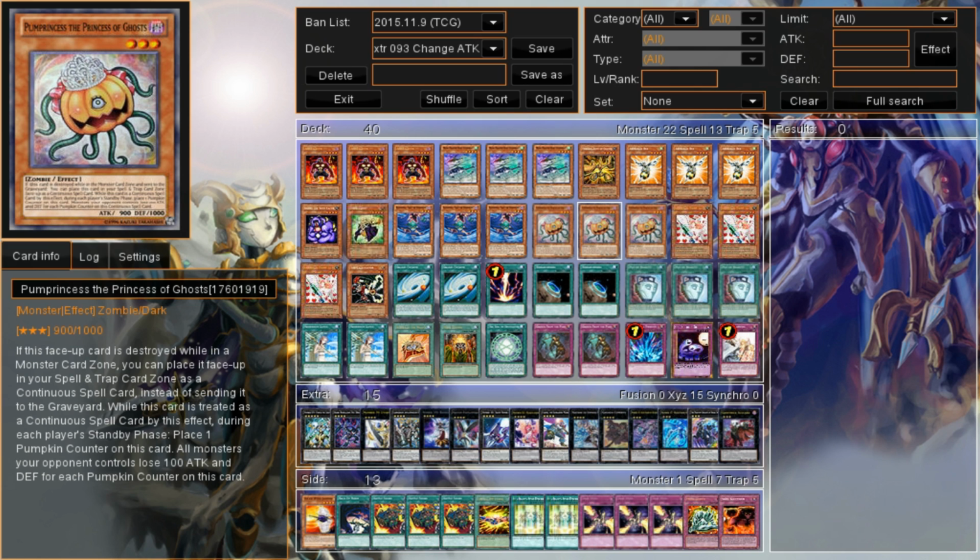This card's great. During every standby phase after she's got destroyed and got put into your spell and trap card zone as a continuous spell card, your opponent's monsters lose 100 attack. So, as soon as it gets destroyed during your standby phase, she gets a counter. During your opponent's standby phase, she gains a counter. The cool thing is she gains counters during both standby phases, so she stacks up those counters pretty fast,